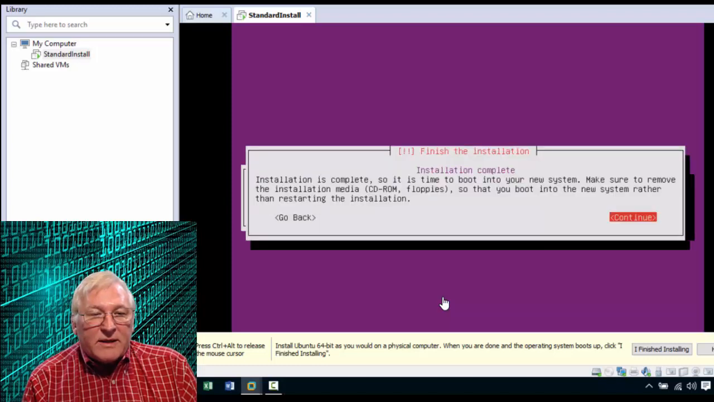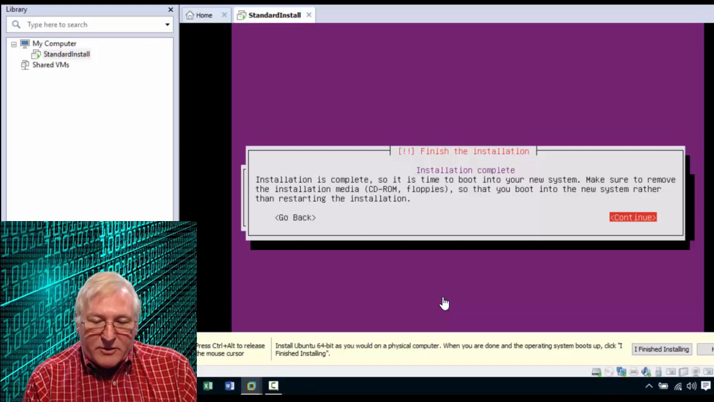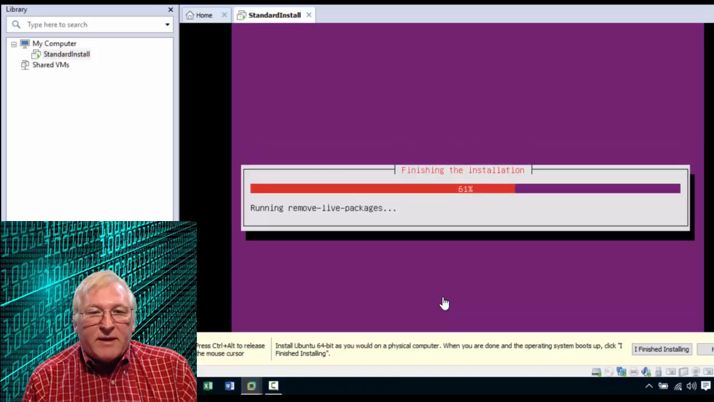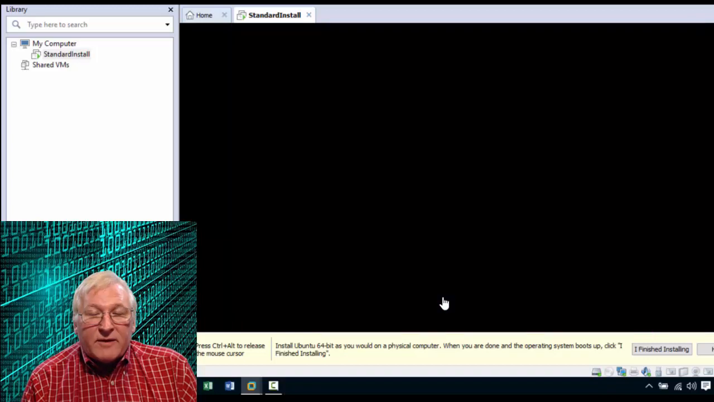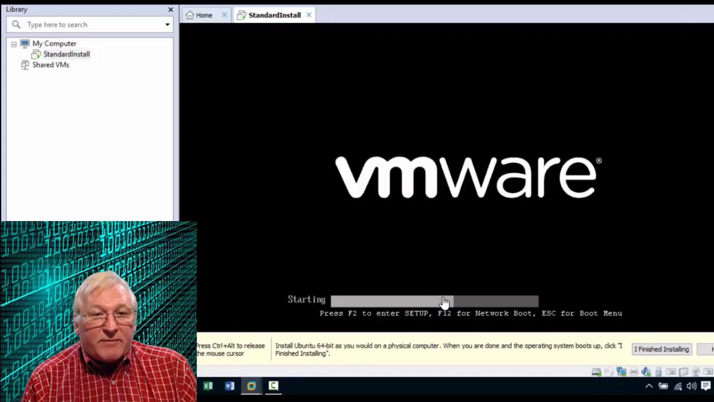And it will finish the installation. It says to remove the installation media. You really don't need to do that in this case because there's no media to remove. And VMware is set up so that it will boot the virtual machine without having to disable the ISO that we installed from. So just go ahead and press continue,